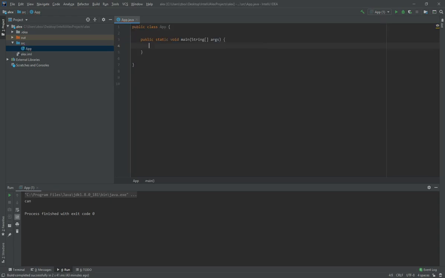I'm gonna create my main. As we well know, the main is where our program starts. I'm gonna create a variable of type string called a, and we're gonna give it the value of Java. Again, surprise, surprise. Now, I'm gonna sys out